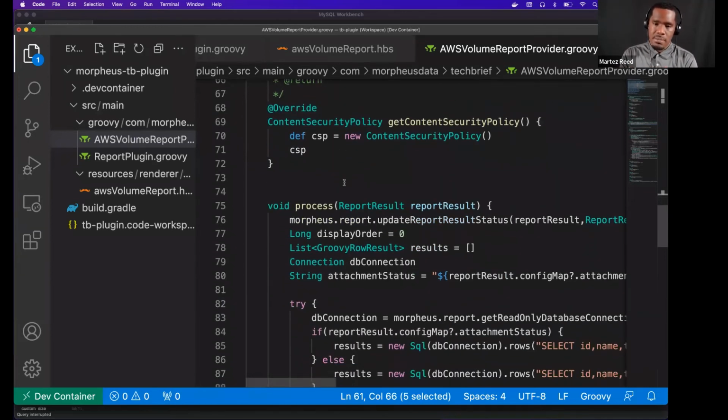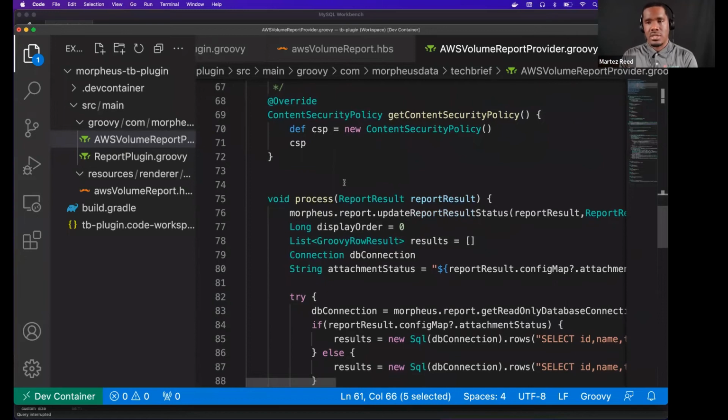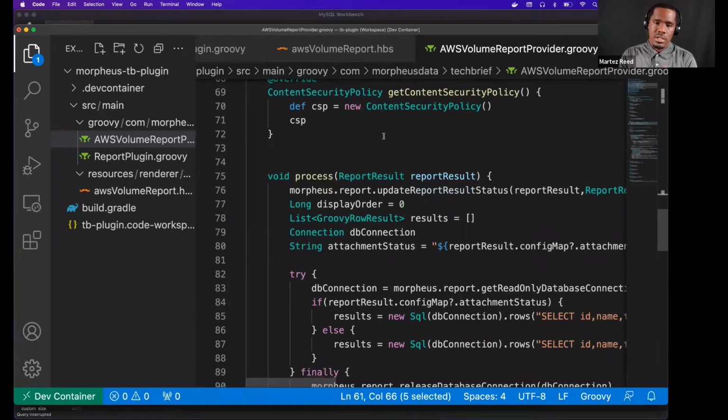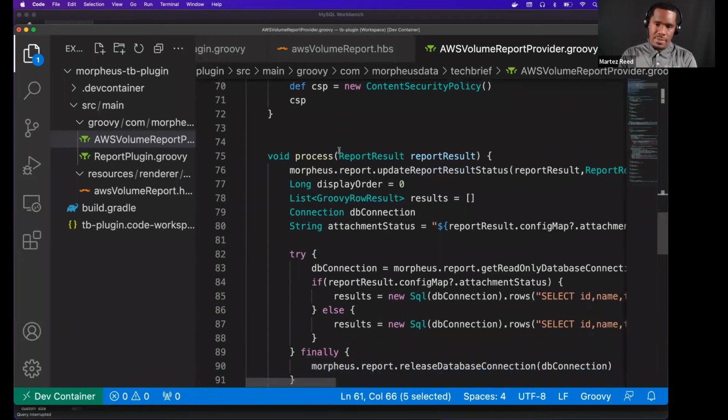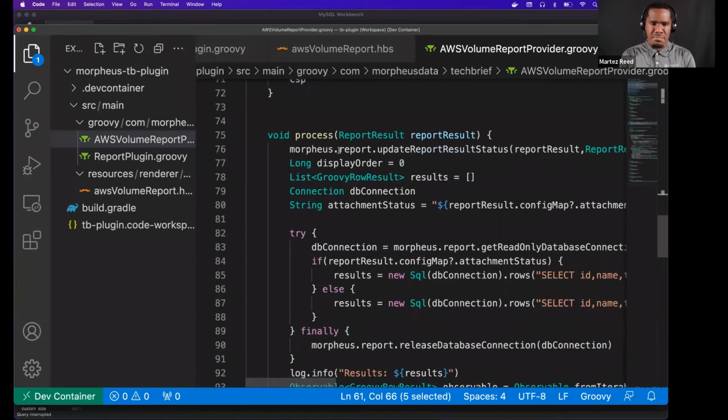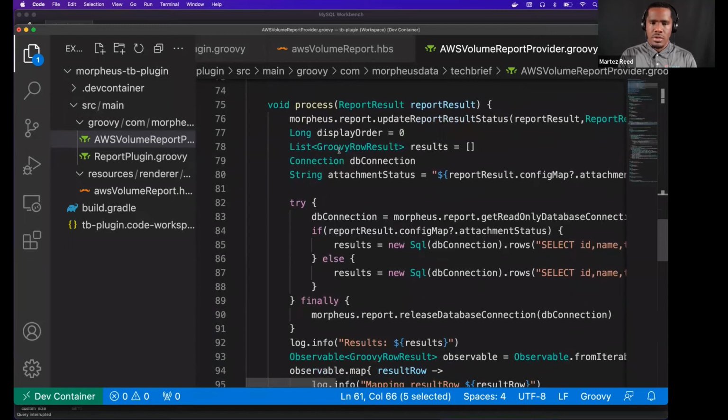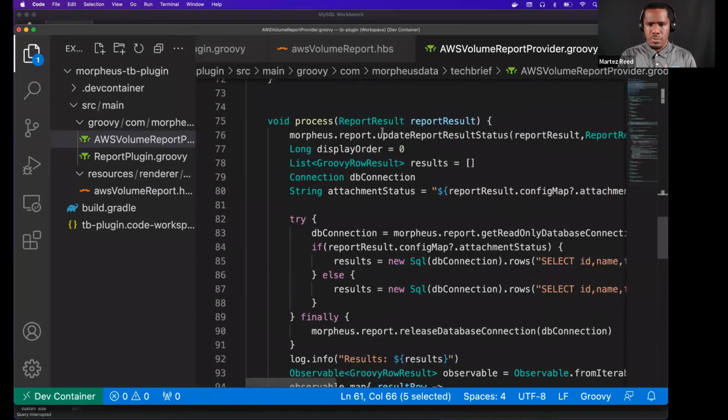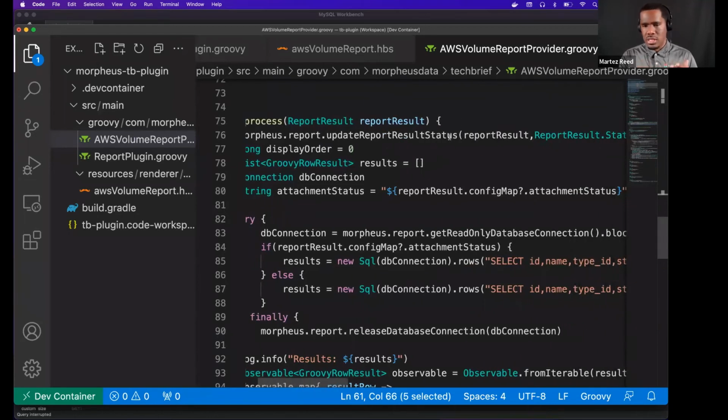So I could utilize that. But since I'm not actually referencing any external capabilities, I'll just define the security policy as empty and then return that. So here's where we start to get into the meat of what we want to do. So our report has the process, so report process, and then we want to start doing things like the updating